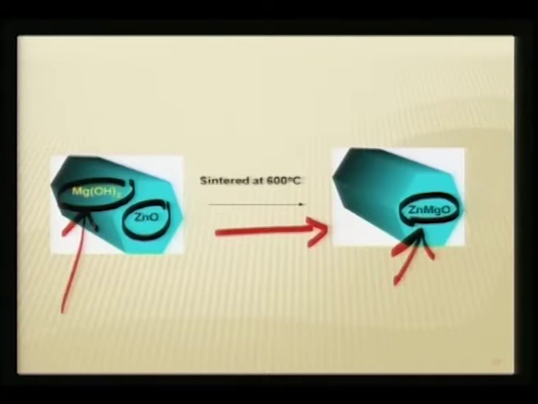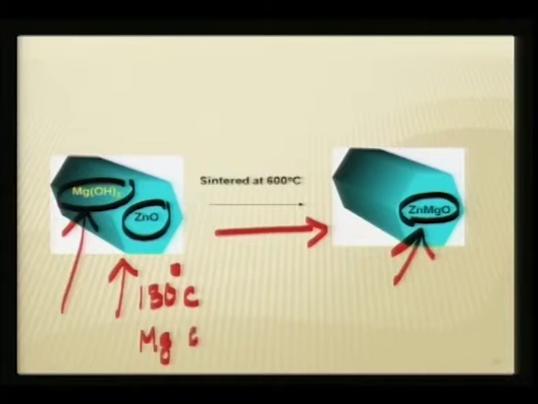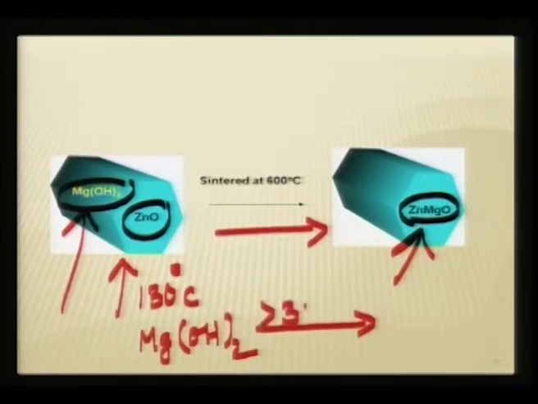Why? Because the processing route to prepare this zinc oxide rod is only at 130 degrees C, which gives you these zinc oxide rods. But if you look at the decomposition temperature of magnesium hydroxide, it decomposes only above 350 degrees C,